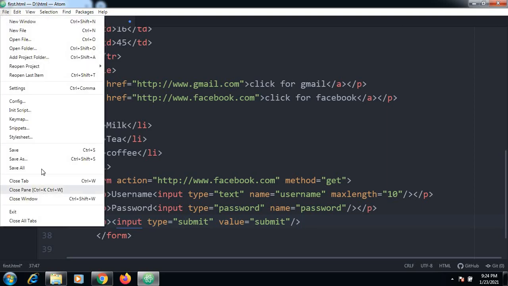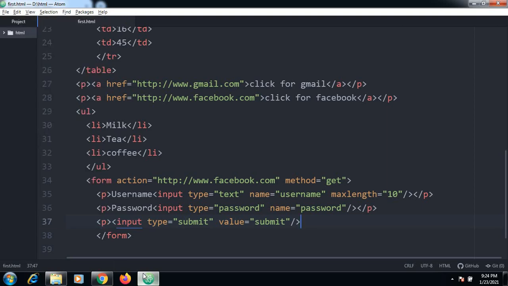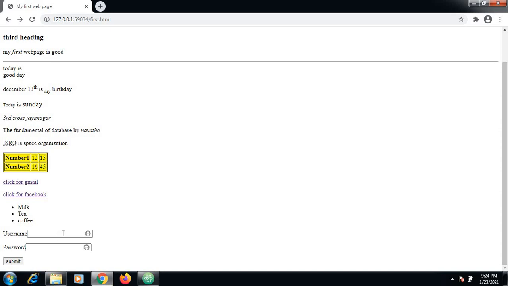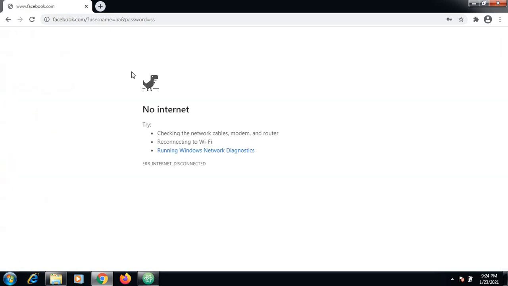Just save this. You can see that there is a submit button. So I can click something over here and submit. So what happens? The password as well as the username are submitted to the browser. So you can see this over here.